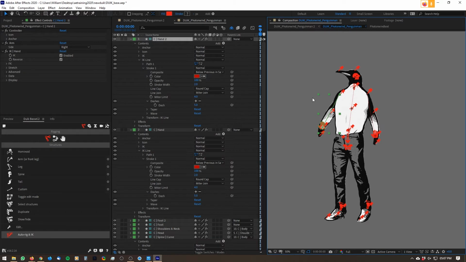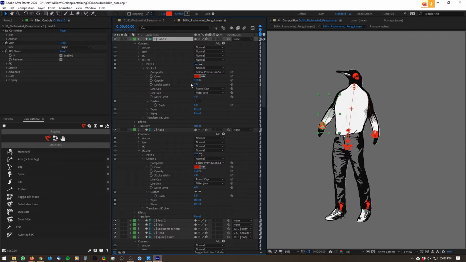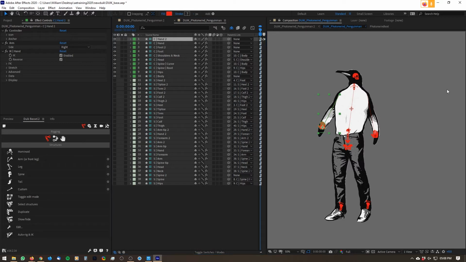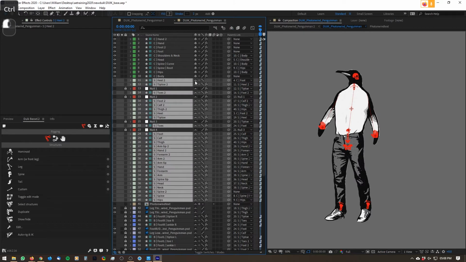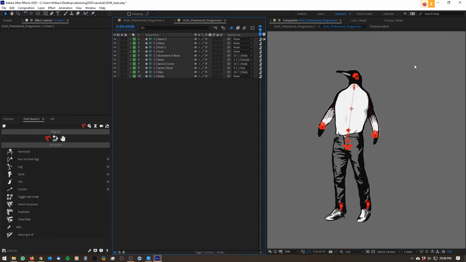So once this is done, we'll get a whole bunch of new layers. These will be called control layers. So you see they've got a little C on them and they've got little icons. I'm just going to quickly hide the bones, because I forgot to hide those, and we don't need to see the bones either. So now we just have the controls visible, and these are really powerful because they can control the entire character's animation just with these. I'm also going to shy those because we don't need to see them now either, and I'm going to lock them so we don't accidentally move them around. So if I now grab one of these controls, like the hand control,